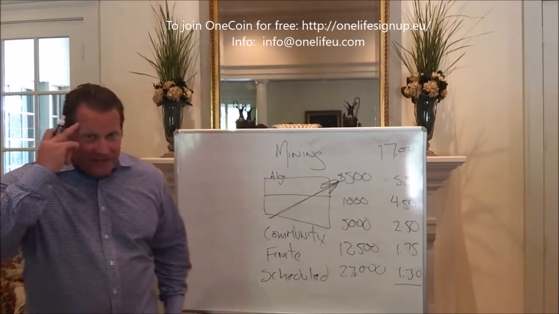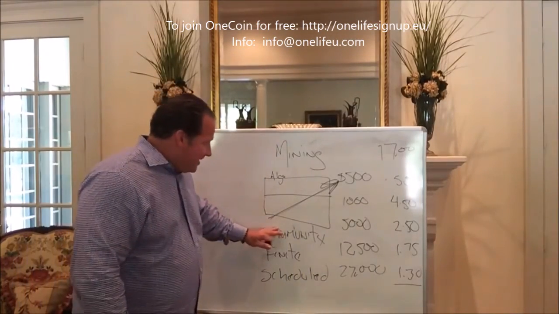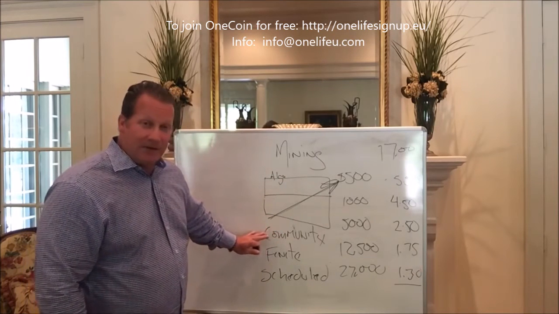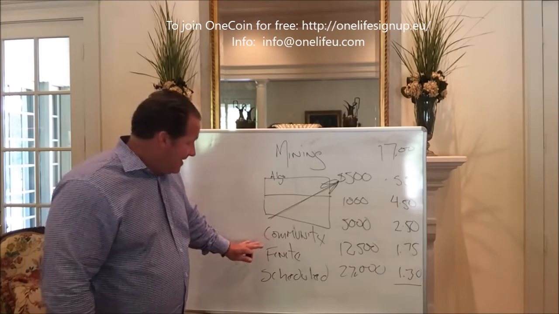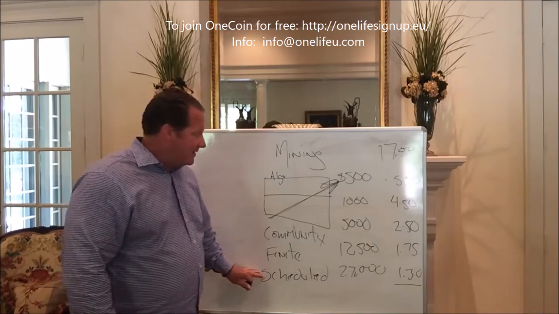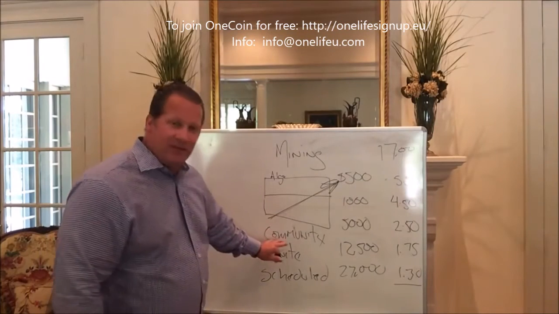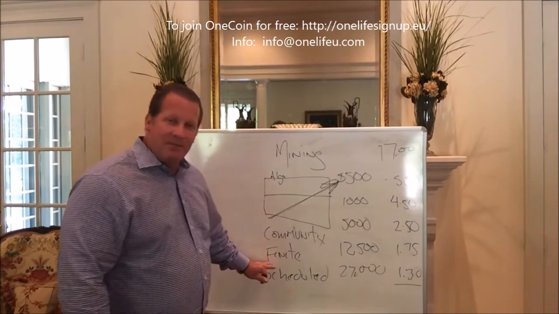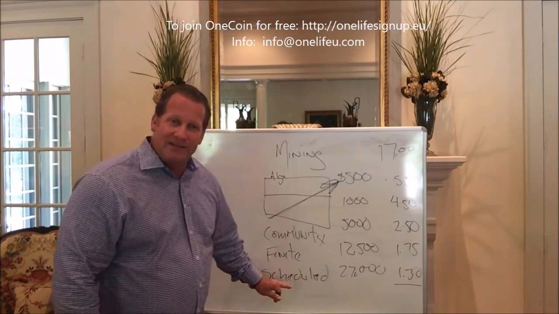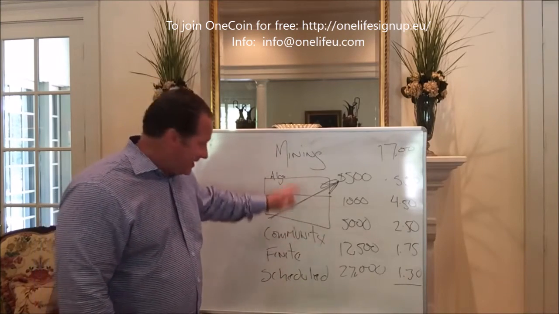Okay, so if you're an investor, which I am, you need to wake up to the fact that if you find a company like OneCoin that has a massively growing community, growing bigger than Bitcoin every 90 days, and you have a finite supply of coins, you have a scheduled rollout of that, and the price on the coin is going up in value because the community is growing, and the reason the coin is going up in value is because it's finite. There's a limited supply of coins being rolled out every 10 minutes. Okay, so do you see that? If you took economics 101,